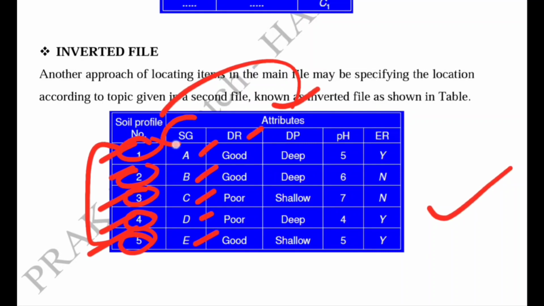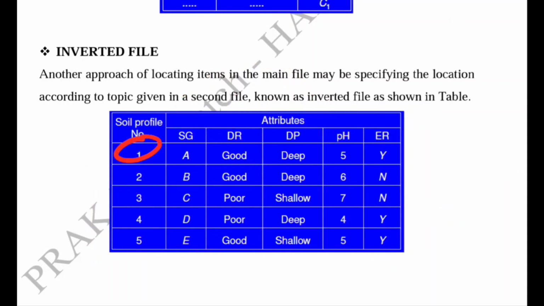So it is the drainage, it is the soil group, it is the drainage. Soil group A has good drainage. Along with soil group A, B and C also have good drainage. Attribute data may be linked to many attributes like soil group, drainage, depth, pH, erosion. So these are the attributes of soil 1. Many attributes can be linked to a single entity, and these are stored in tabular form on the basis of the single, unique, specific entity.